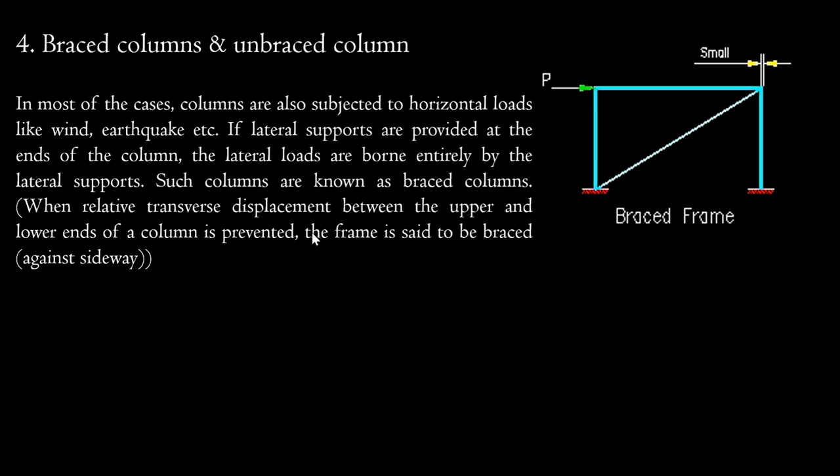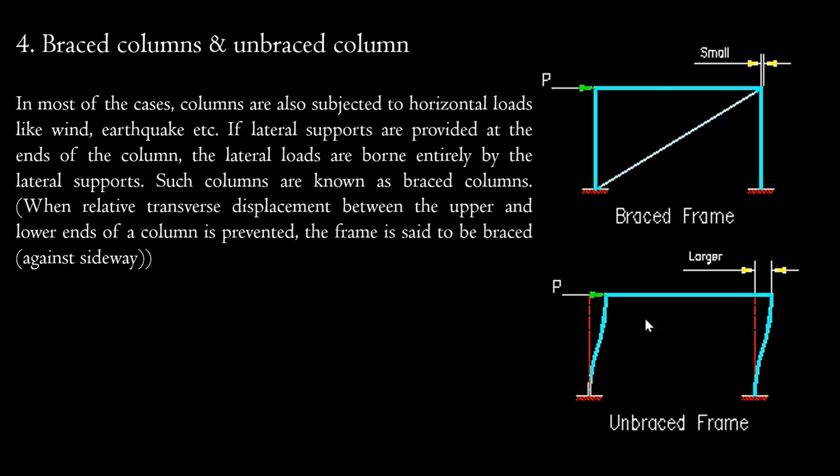When relative transverse displacement between the upper and lower end of the column is prevented, the frame is said to be braced. That is, if the relative motion of these two is prevented, then this column is called a braced column. This will be more effective when there is a wind load or earthquake load. Most frame structures, we can say a reinforced concrete structure, are braced structures because there is bracing due to the fixity of the slab and the column, the beam and the column. And unbraced means when you apply a load, there will be large deflection. You can see here